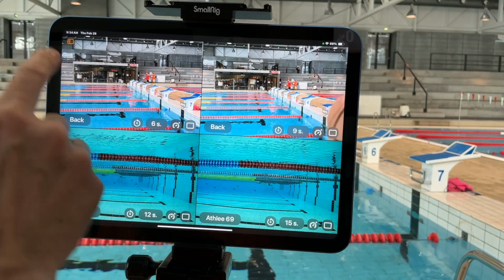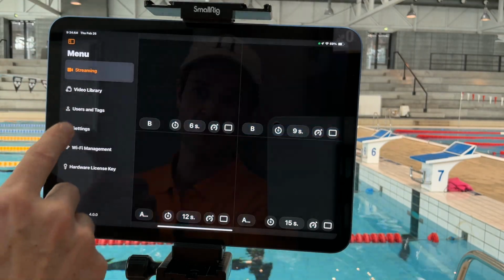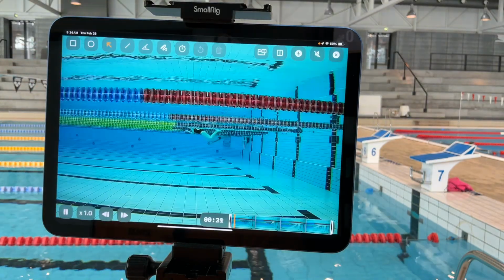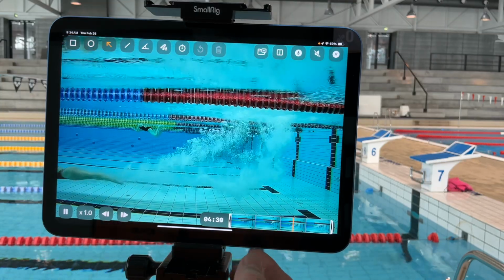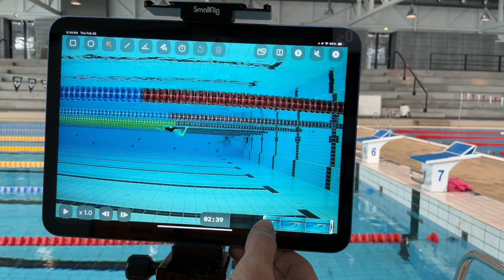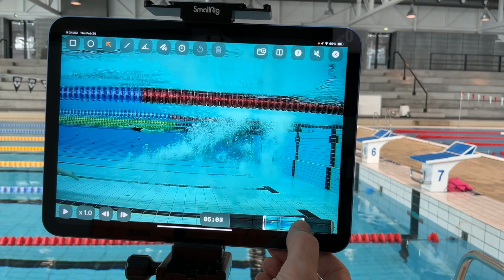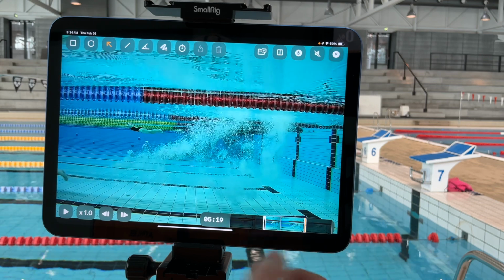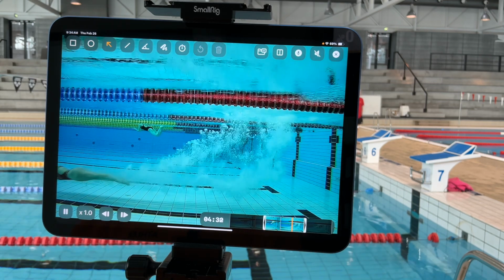replay. So what I can do is go into the video library and pull that dive up here. So that was the dive that we were looking at. I just want to adjust it a little bit so we're only looking at the dive here, and on the other end also adjust it so that it's the swimmer coming out there. So now we have a very short clip that we can rewatch a number of times,